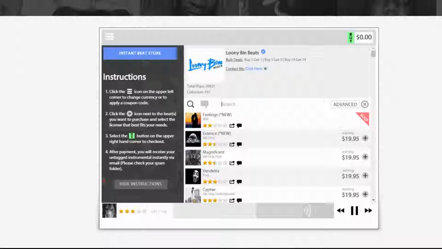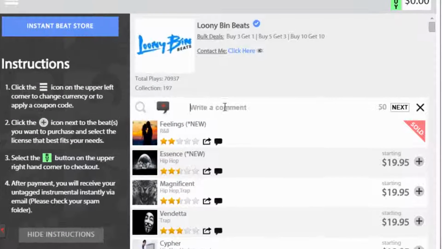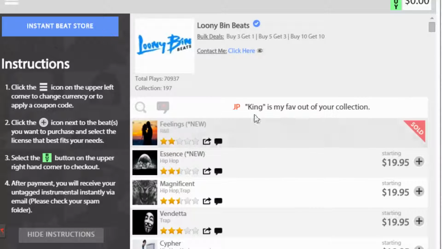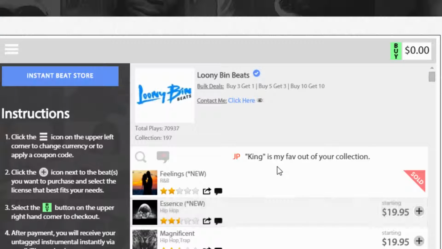The main difference is that with the Soundgine player, we also have comments on tracks. So if you're listening to a track, you can also use this text field to leave a comment. You just click on this icon right here and then write your comment. Nice job, man. Blah, blah, blah. Enter, oxygen, beats. And upon approval, it will show the comments while the beat is playing, which is cool for